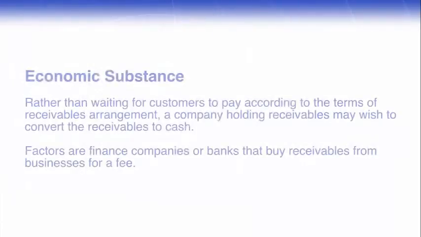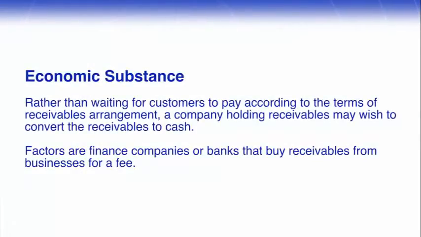Let's examine the accounting for the sale of receivables, sometimes referred to as transfers of receivables. We always begin our discussion with the underlying economic substance related to these transactions. In many cases, companies can accelerate the receipt of cash for their accounts receivable by transferring them to a third party. These are referred to as factors in many cases. A factor is either a bank or finance company that's in the business of lending money to companies. In this case, they're lending money to the holder of the receivables so they can receive cash quicker with respect